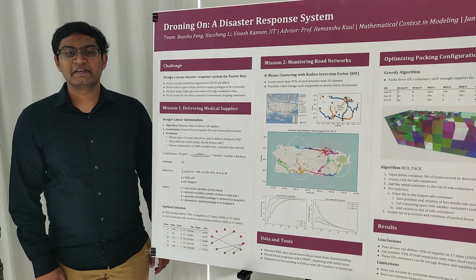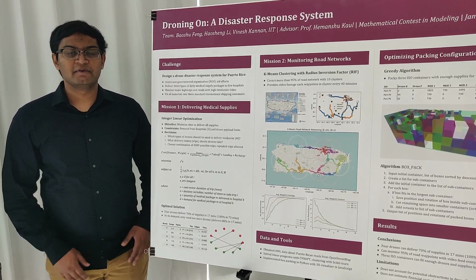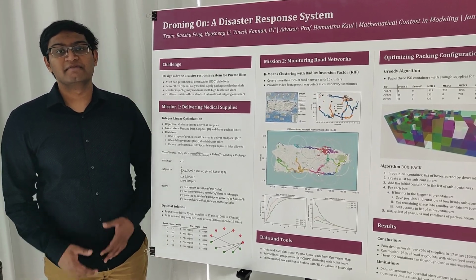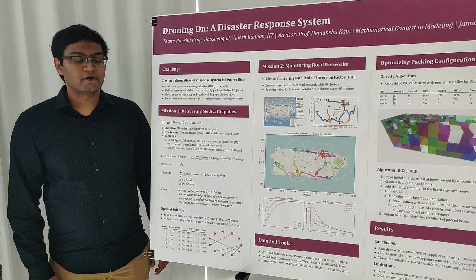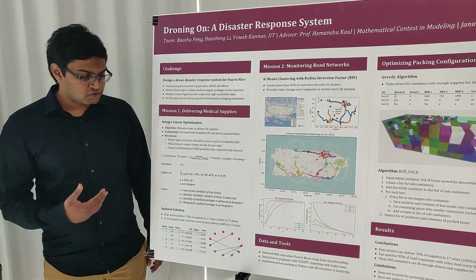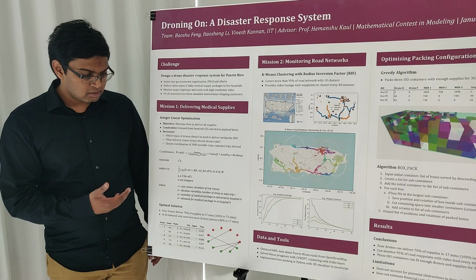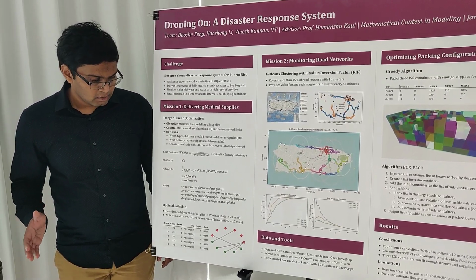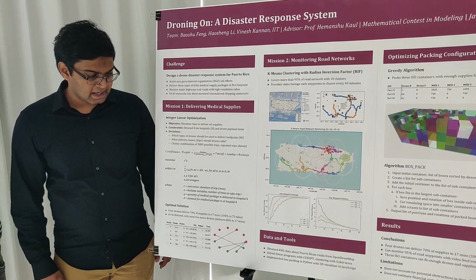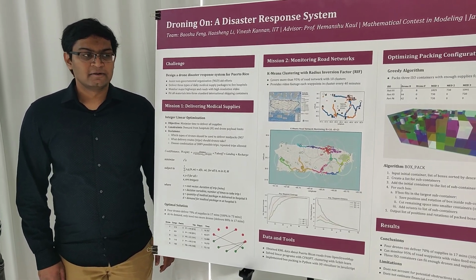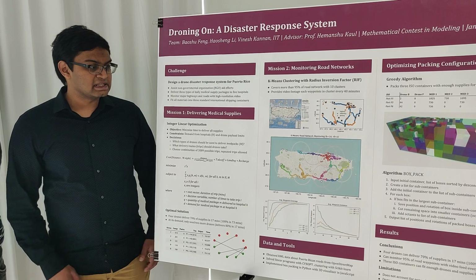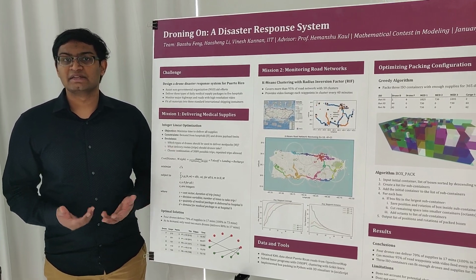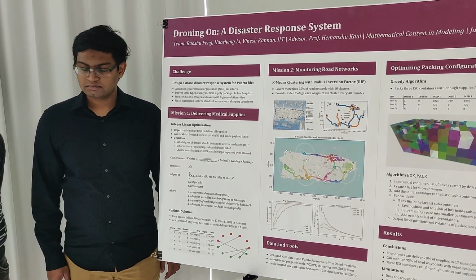For a form of sensitivity analysis, we saw what would happen if we doubled and quadrupled the amount of demand from the hospitals. Under quadrupled demand, we only needed 2 additional drones. And with the exception of the hospital that was far away from the others, we could still deliver most of our supplies in 17 minutes. This shows that our model is at least fairly robust to changes in the demand of the hospitals.